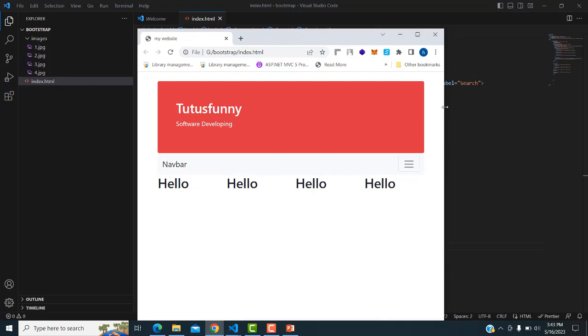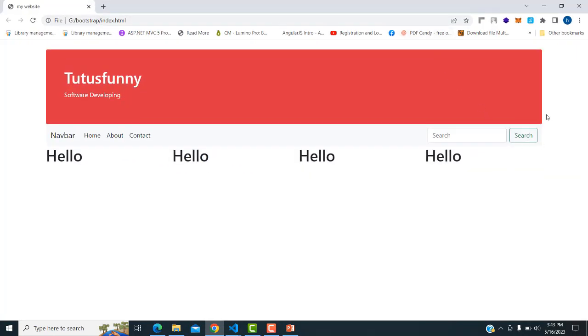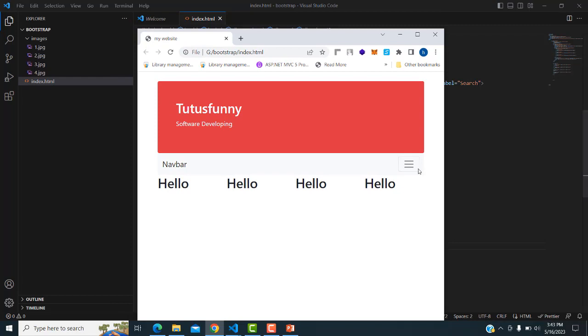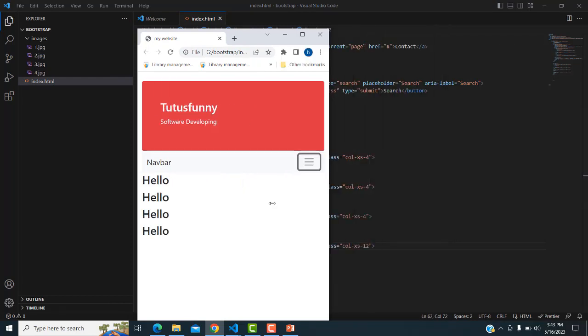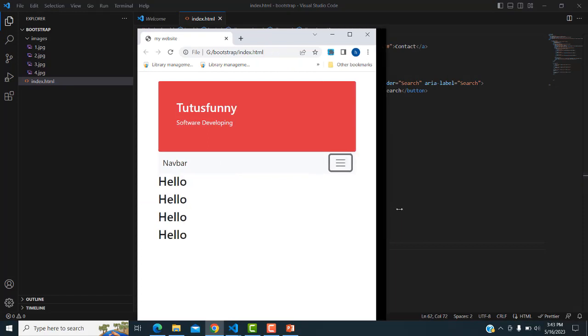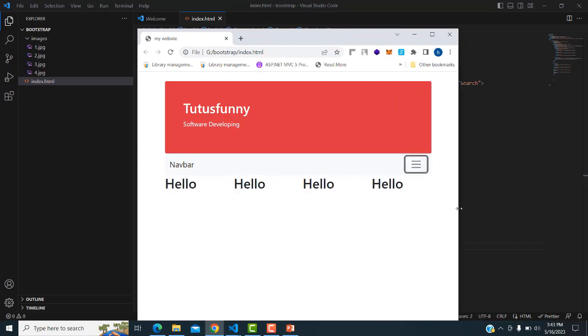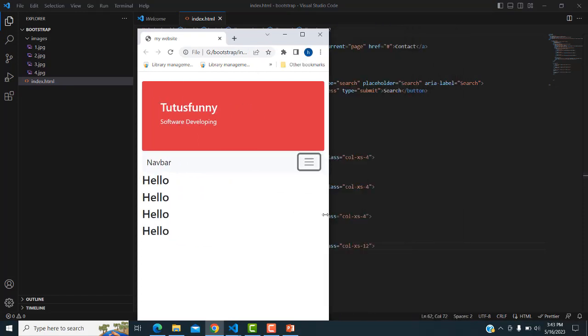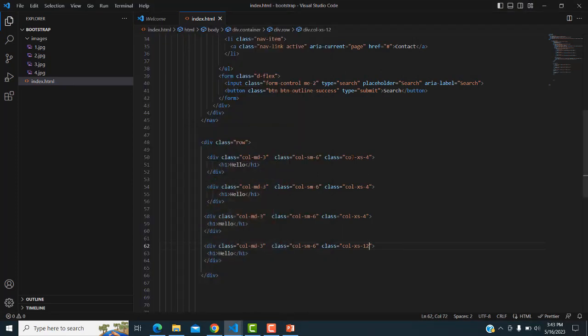Now here, if it is a response here, you don't have anything here. If it goes to the response here, you can see it goes to this line. If you go here, it goes to the next line. You can see, if it's a mobile device, it goes to the next line. Okay, it will be arranged like this. These three things: this is for tablets, this is for mobile devices, and I'm going to put the images and explain,